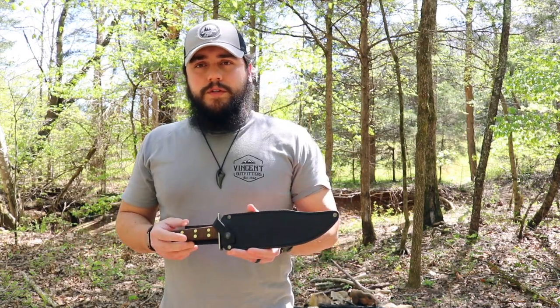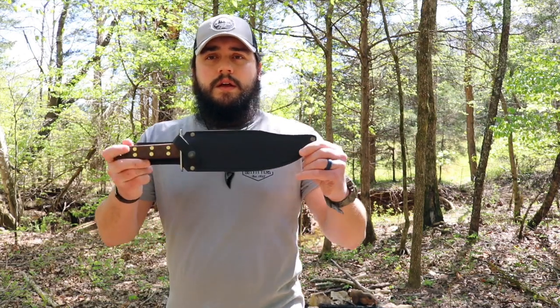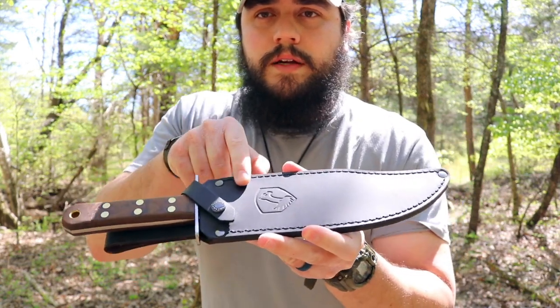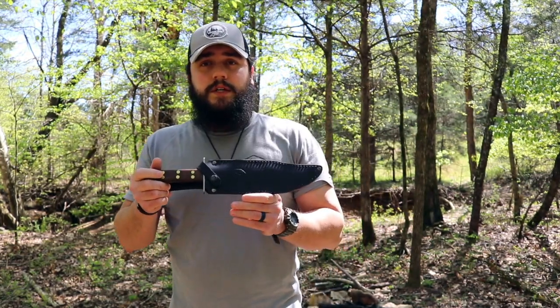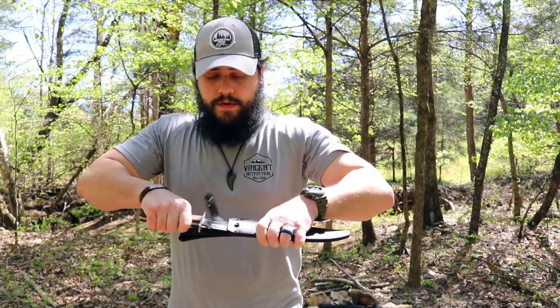For all of what you're getting here, I think that's a really fantastic price, because you get this leather sheath, belt loop, Condor insignia right here in the leather. Just really nice craftsmanship for a standard sheath included with the knife. And then getting to the knife itself,